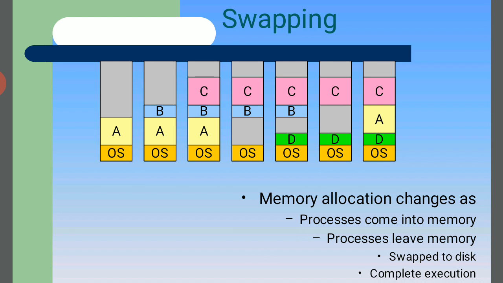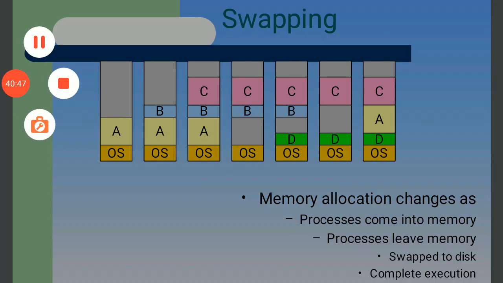C is automatically inserted in that place, and in the next one, B C are available but A is not transferred to this place. The next page is C B D, where D is additionally added in this place. The operating system is in the same place, and with C D, B is deleted, and D A C, where C is added in the middle of A. So this is the operating system. The memory allocation changes. The interface transfers the information, and that is called swapping.